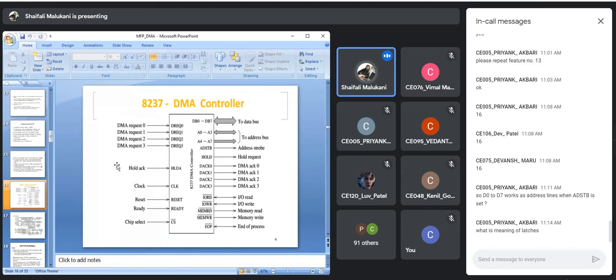So a latch is nothing but a buffer kind of thing, where you store what is given. Suppose I am giving a clock signal. At that time, whatever the input state is, that is stored, that is buffered. Now if the input state changes, the output will not change. Suppose right now I am putting data on D0 to D7, which is acting as A15 to A8 right now.